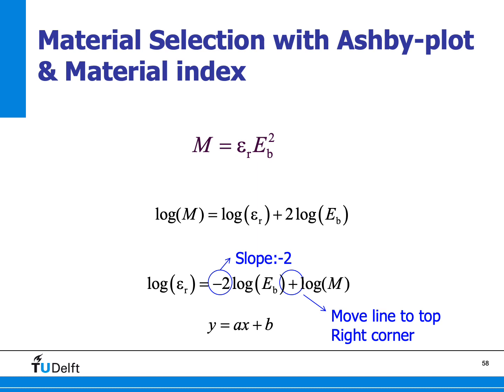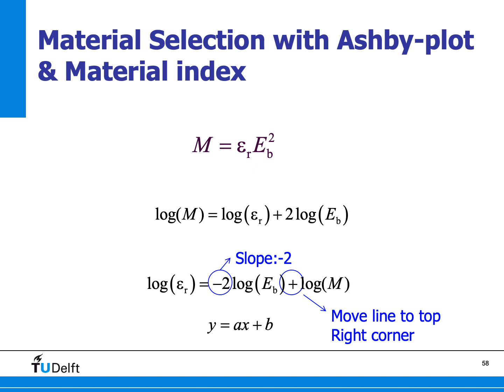So if we rearrange this equation in such a way that on this side we have the logarithm of the dielectric constant, that's what we have plotted on the y-axis of our Ashby graph,